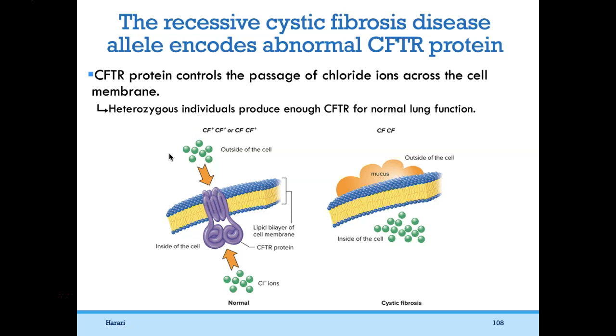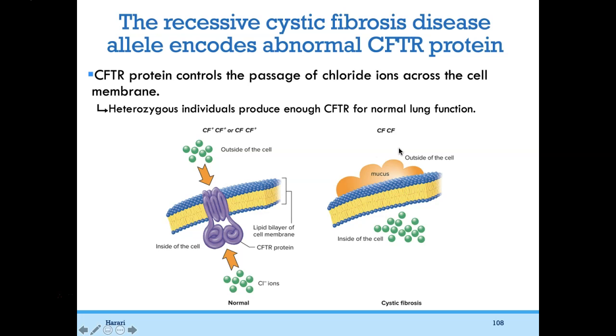So if you have at least one copy of the proper gene, that's enough to keep all the chloride out. All you need is just one copy of the proper protein. However, if you have no functional copy of the CFTR gene on chromosome 7, then chloride